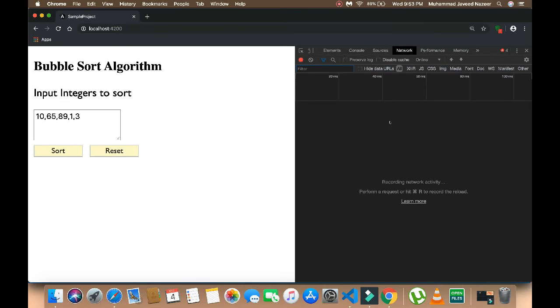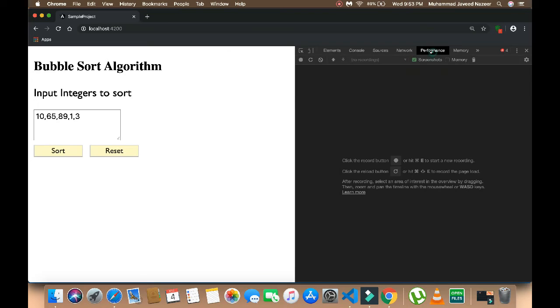In the Network tab, you can trace the network traffic, like API calls, what data is moving through the headers, what response you are getting from the API calls, and other images loading on the current page. All those things you can see through the Network tab. Performance is related to the performance activity and loading activity of the page.